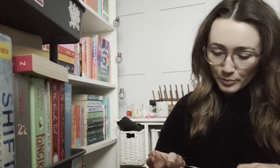Next one, a book from your need to read pile. So essentially, I used to have a pile. I've now put them on a cart. So it's basically, I'm going to try and choose a book on here that I've had for quite a long time that I just haven't got to. I should really choose something off the bottom shelf, because these are the ones down here that I really